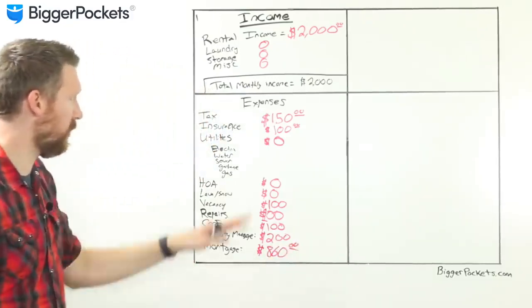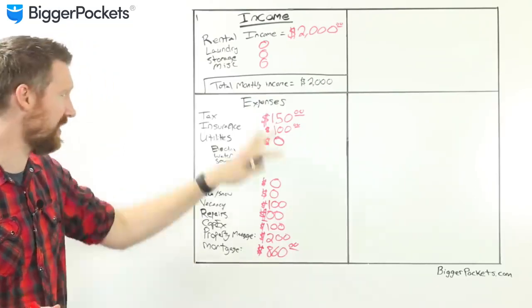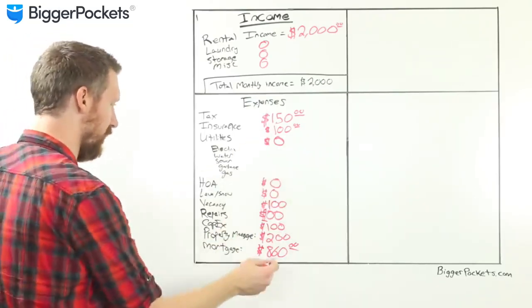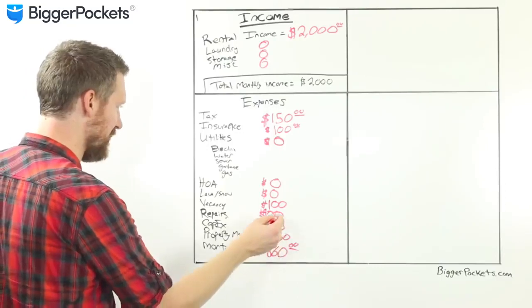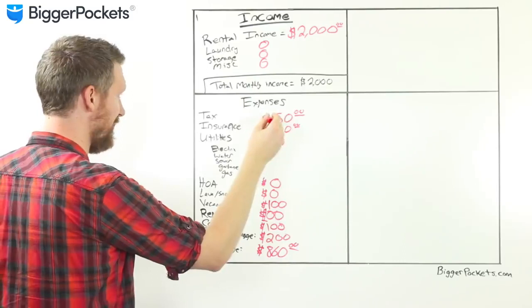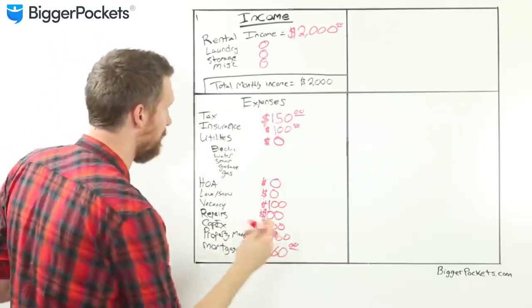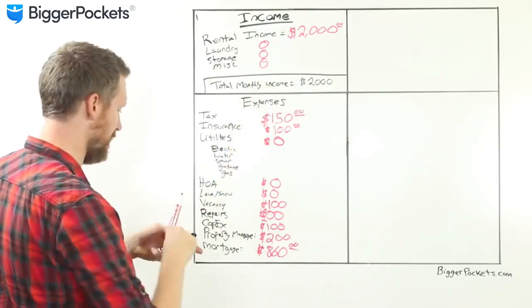So at this point, we've got a list of most of our expenses, if not all of our expenses. Now we're going to add all these up together. So we've got $860, $960, $1060, $1160, $1260, $1360, $1460, $1560, $1610. Is that what you guys got? I hope so. Okay, so at the bottom now, we have our total monthly expenses, and I don't really have